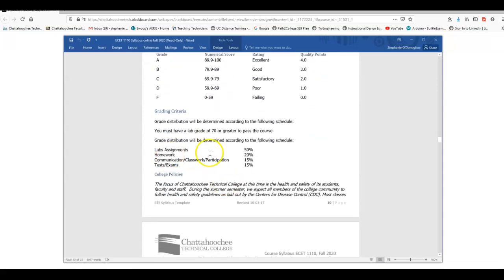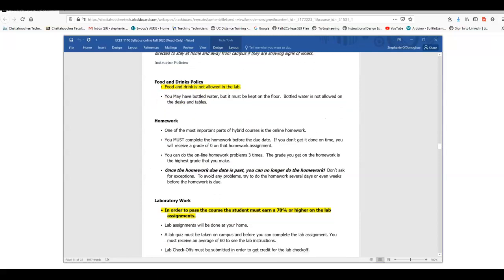So your lab assignments are 50%, your homework is 20%, your communication participation is 15%, and also included in that are your tutorial labs. That's still a part of communication. And then your tests and exams are 15%. Okay. The rest of it, I'll let you go through and read that at your leisure, but make sure you